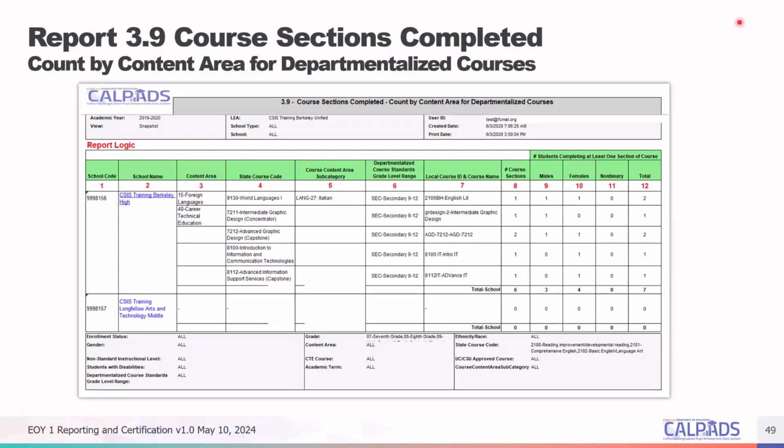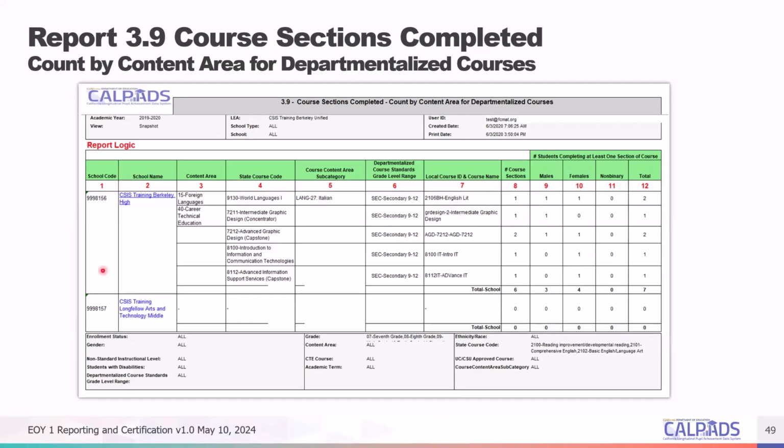So just a note, since we are counting the students in there, a student in multiple course sections related to the one local course ID is only counted once. Okay, so this essentially shows an unduplicated count based on the local course ID.